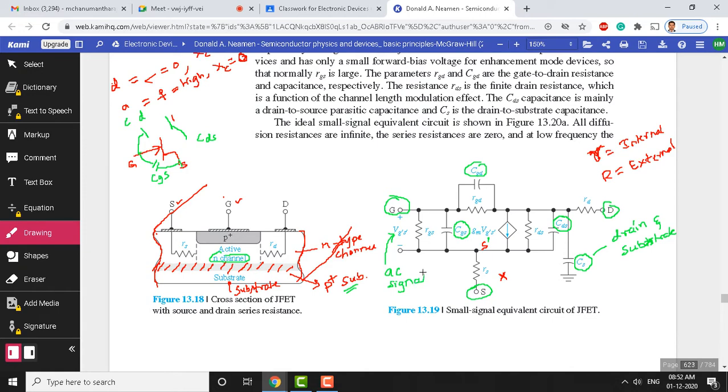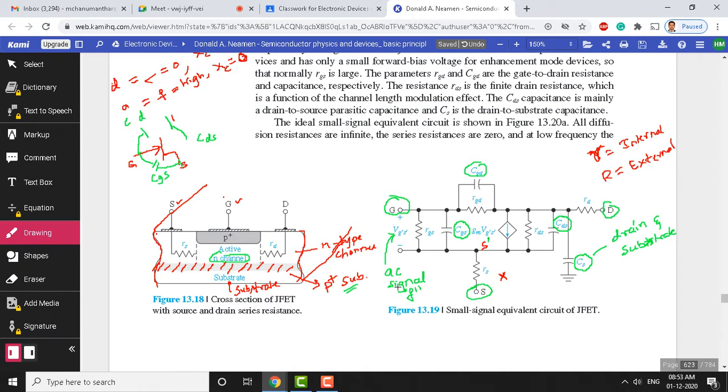Our aim is to understand the frequency response of this AC signal. This complete cross section is now equivalent to this, the JFET equivalent. So we apply an AC signal between the gate and source, and we will vary the frequency. This is just like an amplifier. When we have an AC signal of small amplitude, we keep varying the frequency and see what frequencies we get at the output. I mean, for what frequency signals the device can pass efficiently to the output side. Drain and source are going to be the output in our case. So that kind of thing we are going to analyze here.